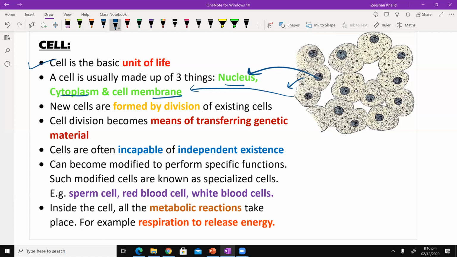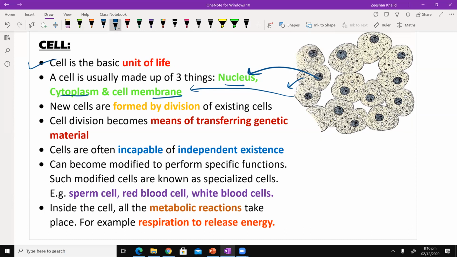Okay, another thing that we need to understand is that new cells are formed by divisions. It's not only the cells that you were born with that remain with you till you die. No, your body is constantly making new cells. So the quote unquote old cells are the parent cells, as we call them. And then once they divide, you have the new cells, which are the daughter cells, as we call them. And inshallah, as you proceed in the syllabus, you will get comfortable with all of these terms that I'm using.